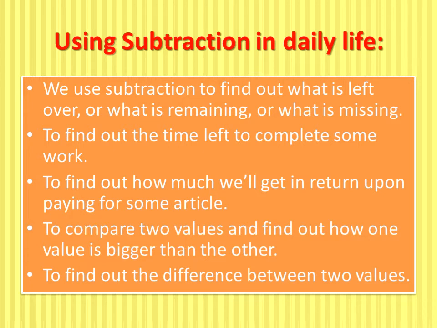For example, in your class test in maths you have got 53 marks, but in science test you have got 50 marks. Now if you have to find out in which subject you have got lesser marks, or lesser marks by how much, how will we do it? We know first we will compare. So comparing 50 and 53, as 50 is less than 53, that means in science you have got lesser marks. But by how much? For this we subtract. So 53 minus 50 is 3. So we know in science you have got 3 marks less than in maths.